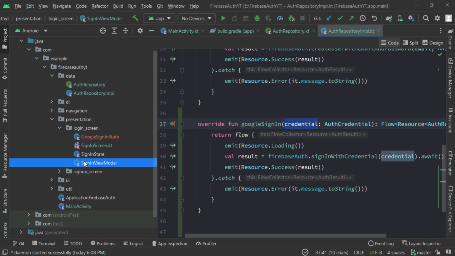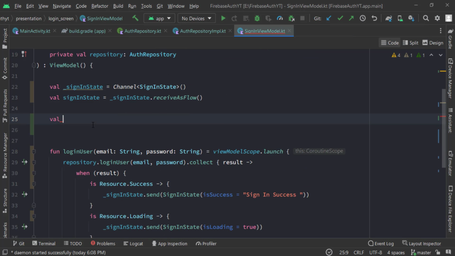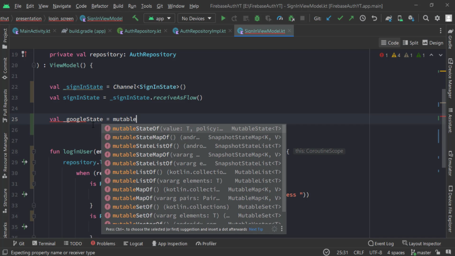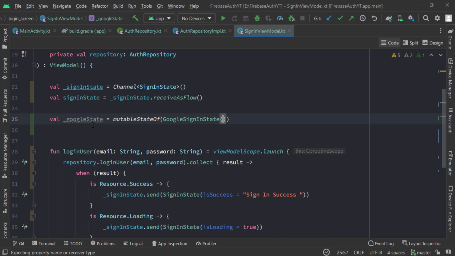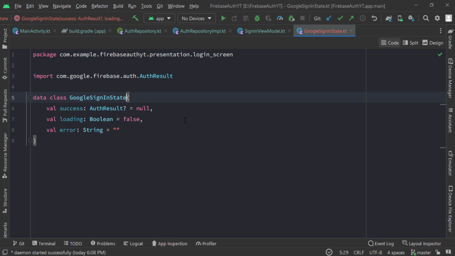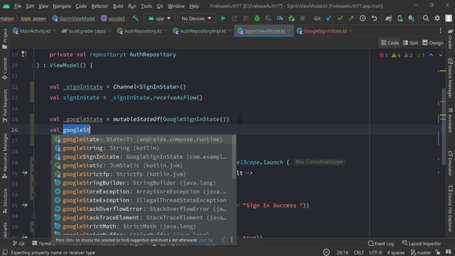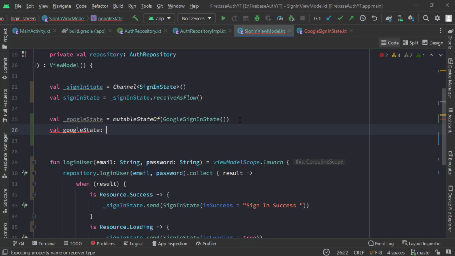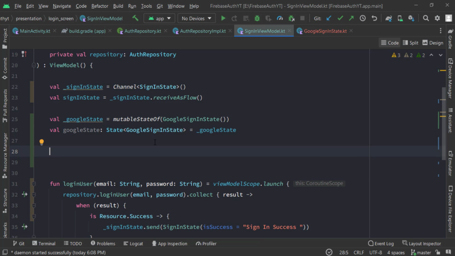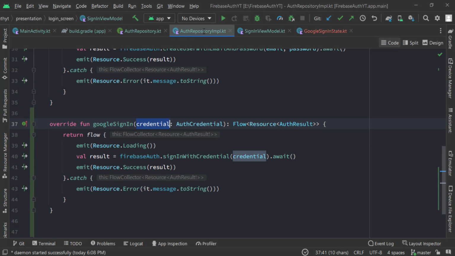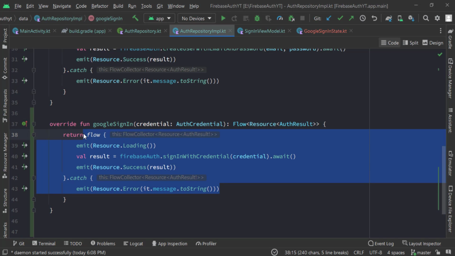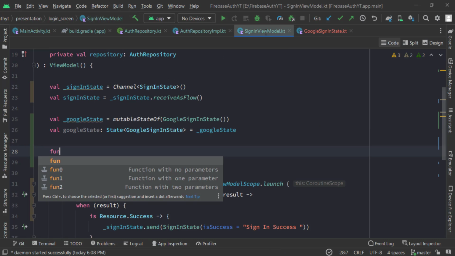Let's go to our ViewModel now. Inside our ViewModel, we need to create two states. Equal to mutable state of Google sign-in state. This Google sign-in state is a data class which I have already created, and now we need to create a public state here. Now we can start collecting all of our state from inside of our ViewModel that we have just defined inside this auth repository implementation. Let's just define a simple function here,